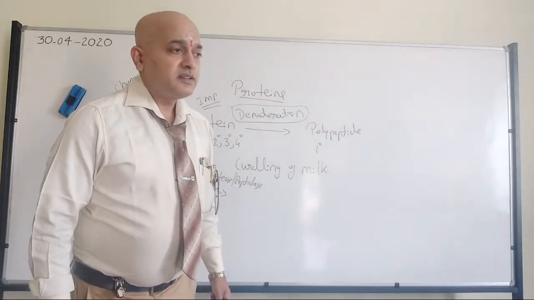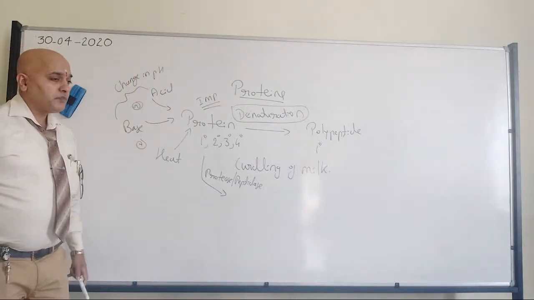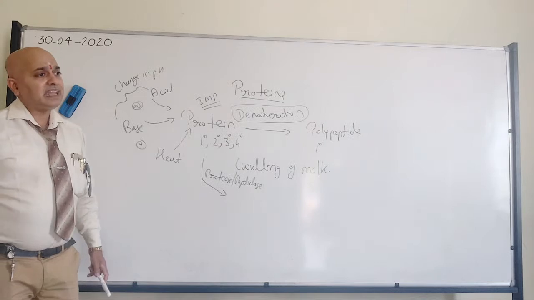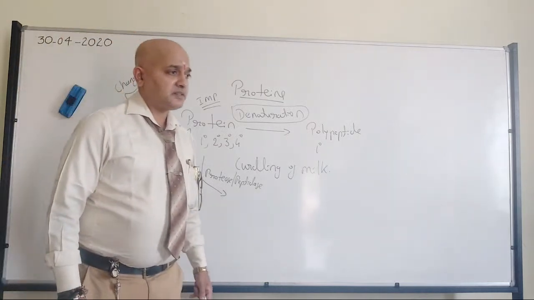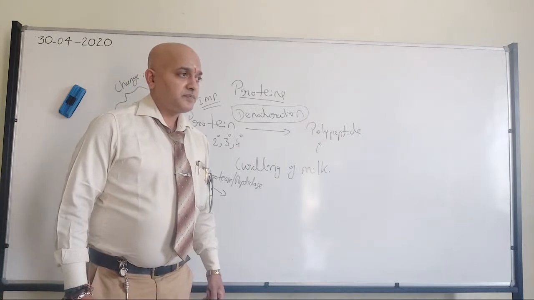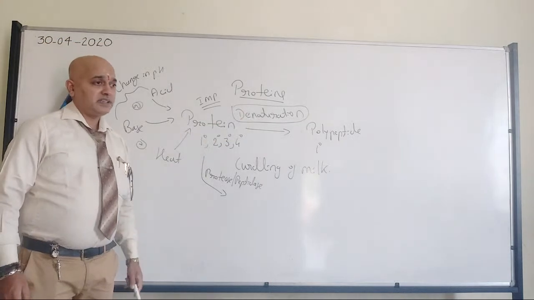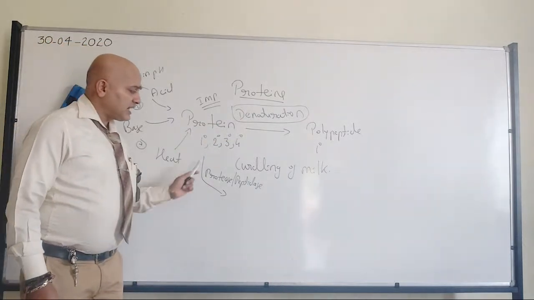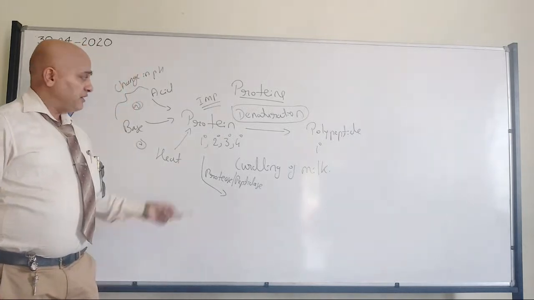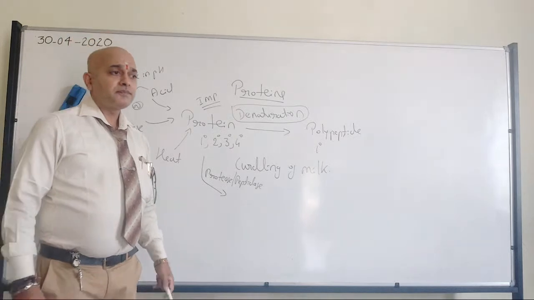Okay, fine. Tell me whether we are going to get the polypeptide as the product. Anyone? Anyone can write. Here we have seen we are going to get the polypeptide in this case. That is called as denaturation. Whether same way here also it is denaturation where protein will get converted into polypeptide. Anyone?